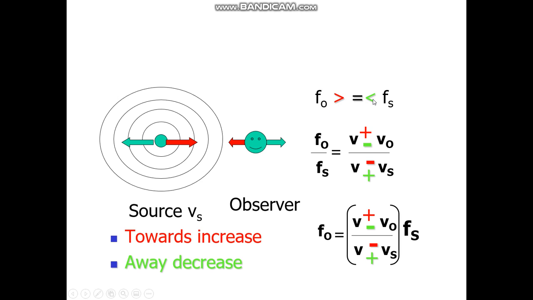Any motion that would reduce the observed frequency I've colored in green, and that would mean that the observed frequency would decrease. I know my notation here might confuse you a little bit, but this formula mustn't confuse you, because this is exactly how the formula is quoted in the data